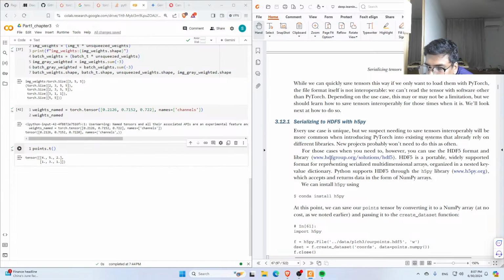Okay, serializing to HDF5. Every use case is unique, but we suspect needing to save tensors interoperably will be more common when introducing PyTorch into existing systems that already rely on different libraries. New projects probably won't need to do it as often. For those cases, however, you can use the HDF5 format and library. HDF5 is a portable, widely supported